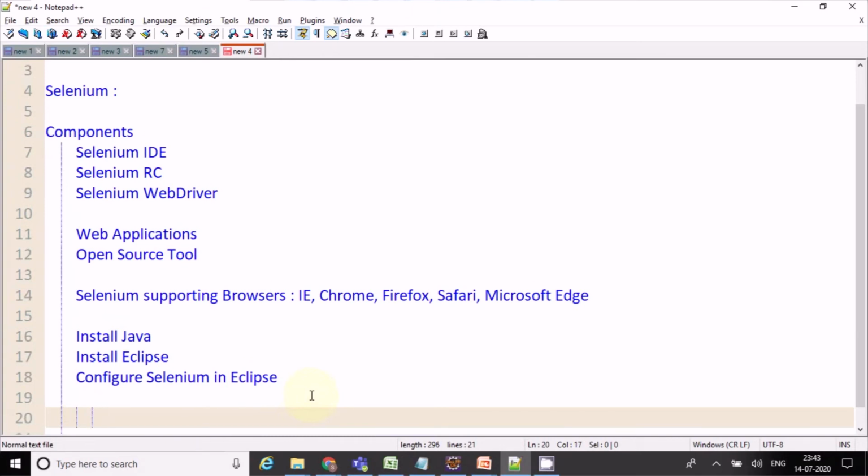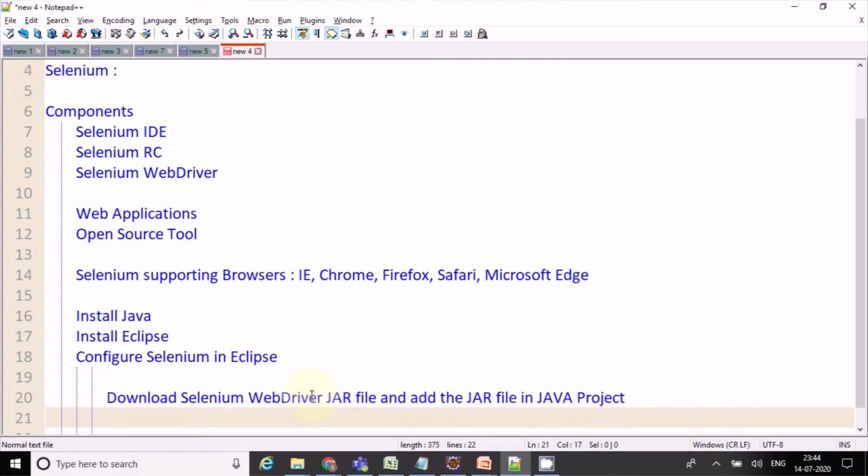We can download the Selenium WebDriver jar file, and add the jar file to any Java project. This is one way.